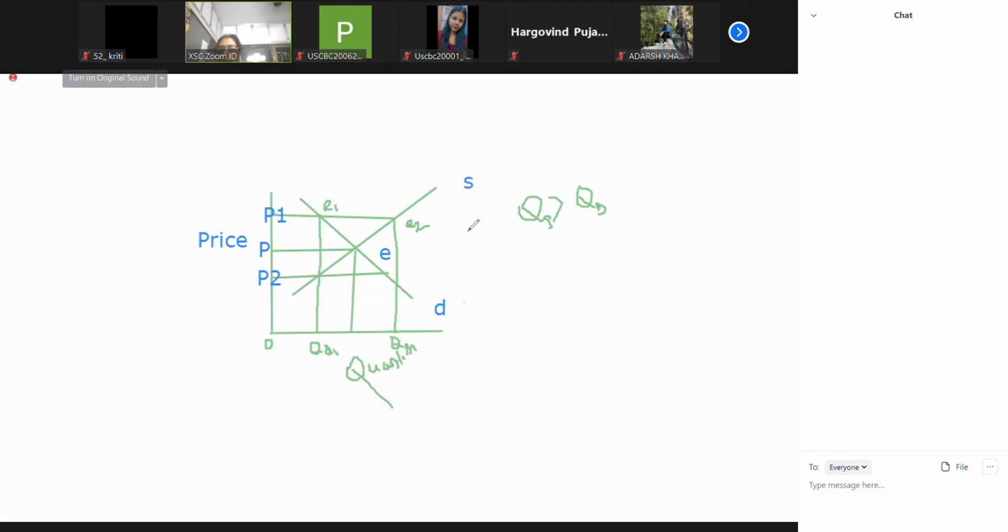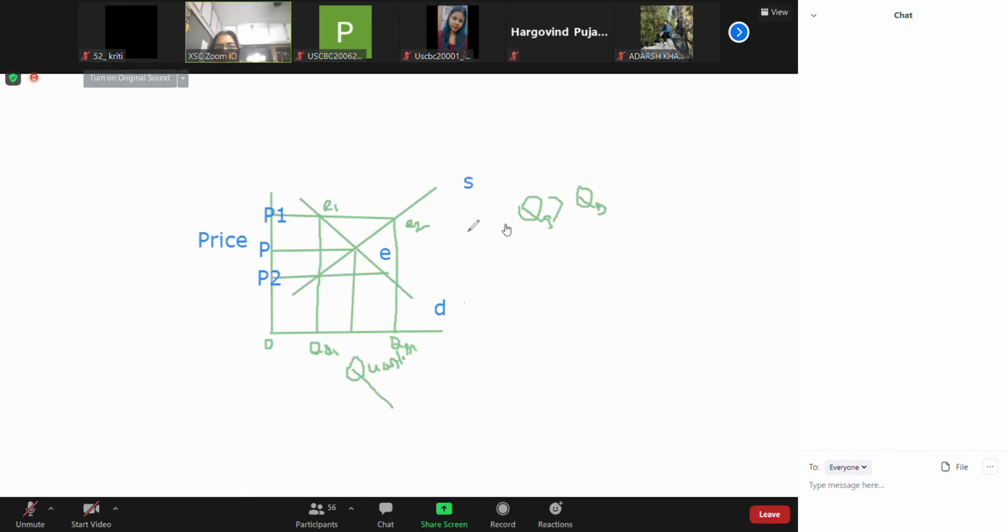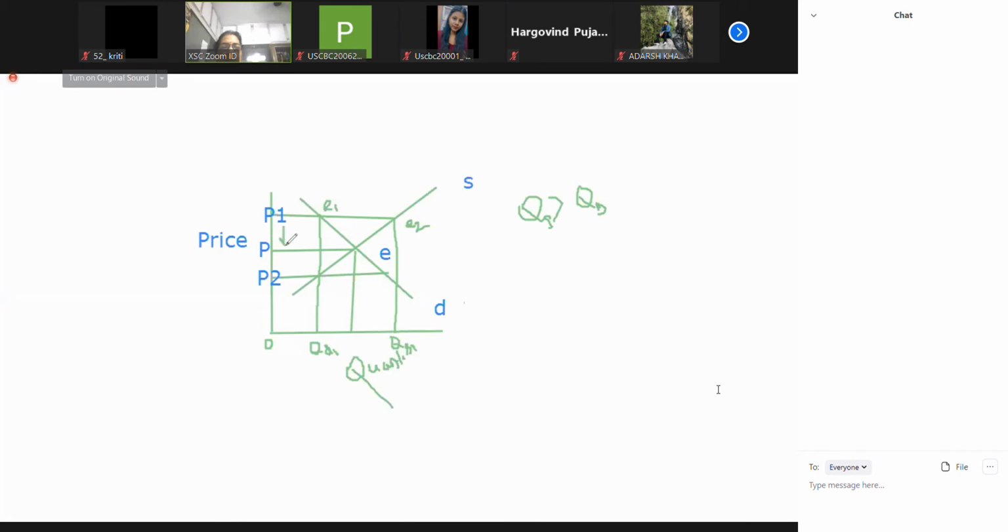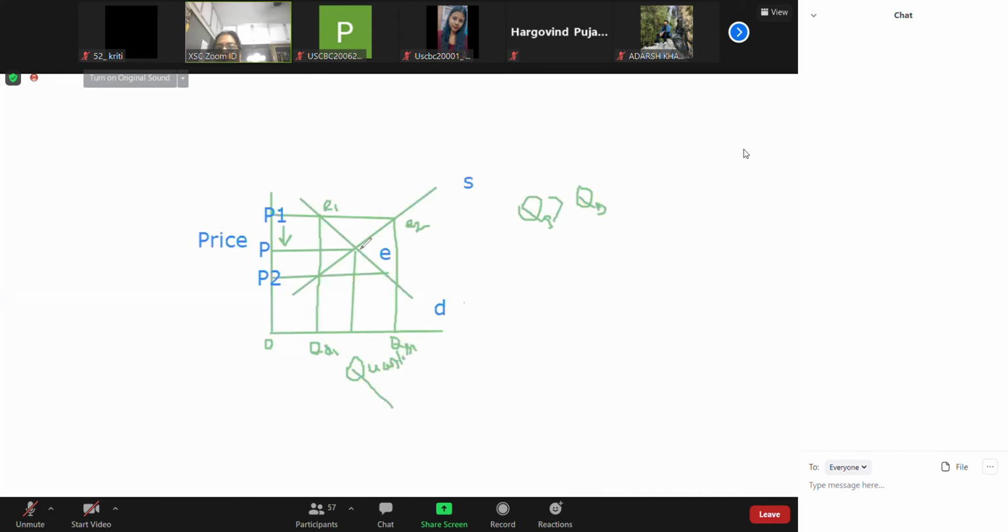When there is oversupply in the market, there will be competition amongst the suppliers, and this competition will result in decreasing the price of the commodity. The price will finally fall to the point where demand is equal to supply. If the price falls, demand will increase and supply will decrease. So gradually there will be equilibrium where demand is equal to supply.